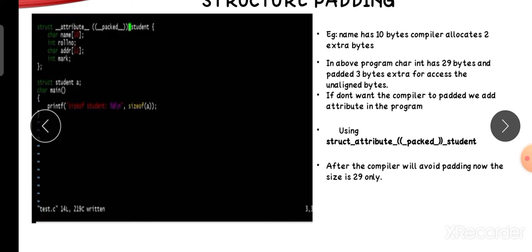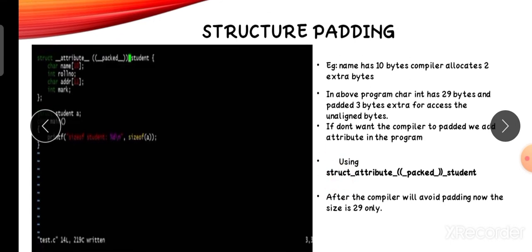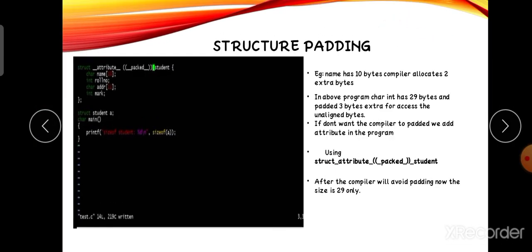To avoid that, we use this command to get the required bytes only. In this one, the compiler will avoid padding by the attribute, so the size is 29 only. This is structure padding. Okay, that's all about structures. Thank you.